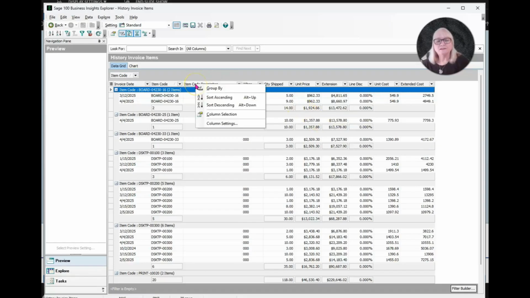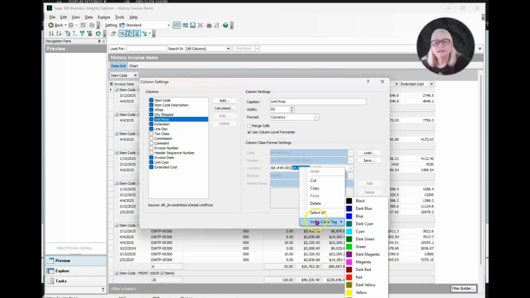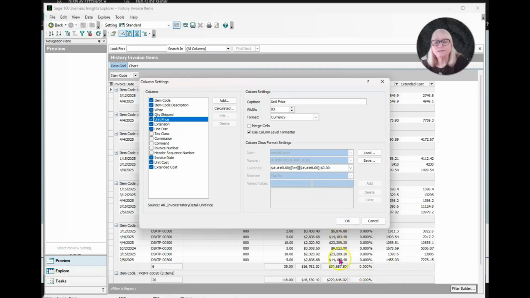So next, we're going to take a quick look at how to change the colors on the screen. Let's take our unit price. If we wanted to use column level formatting and we wanted anything that was negative to show up in red, I can just highlight the negative part here, right click on it, and give it a color.